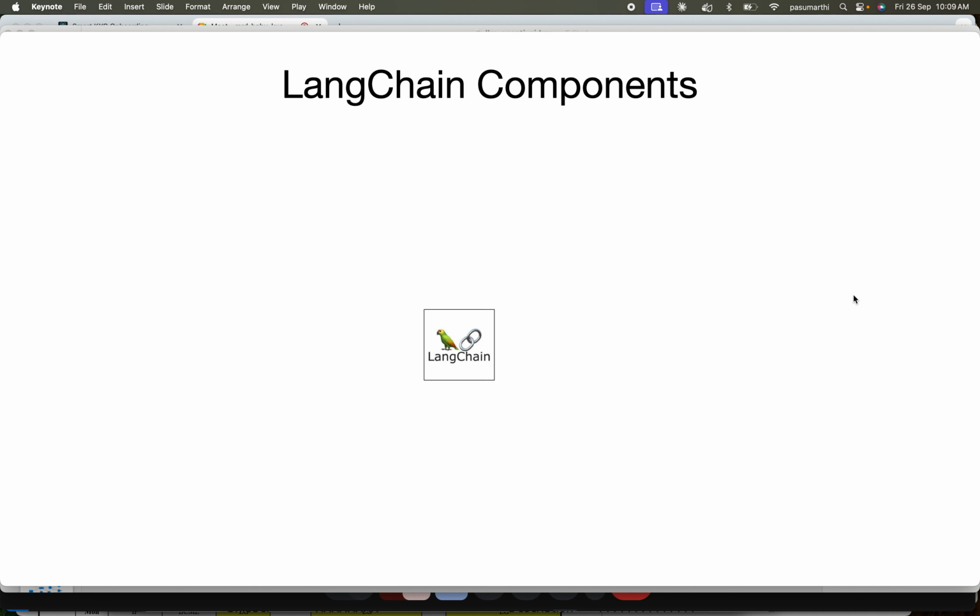If you see, there are many components in Langchain. I'm highlighting here the major components which we are going to use. I'll explain these things at a high level. For detailed Langchain, you need to spend some time to learn them. Okay, so that's Langchain. Langchain is having